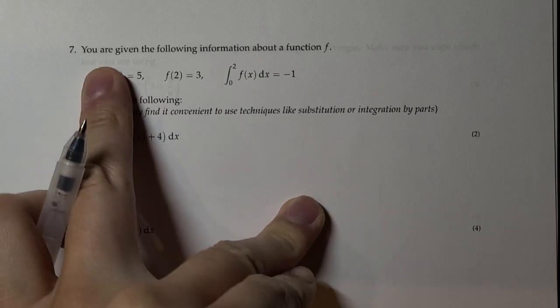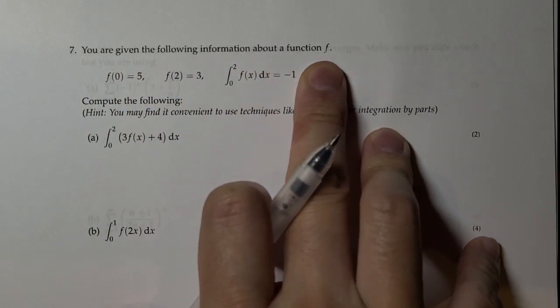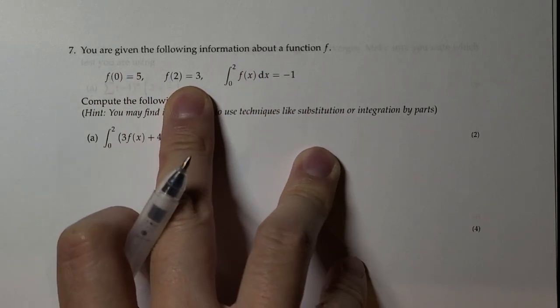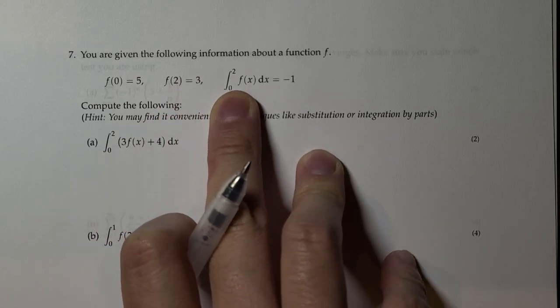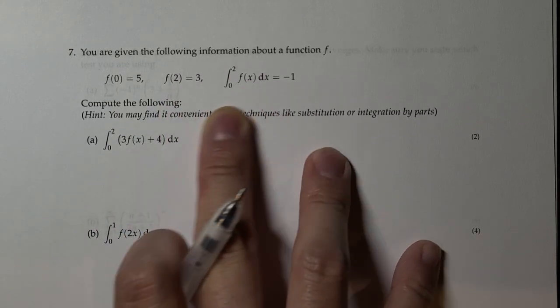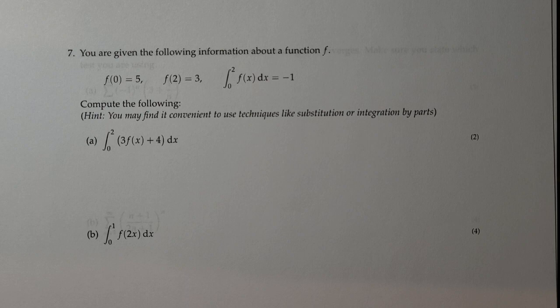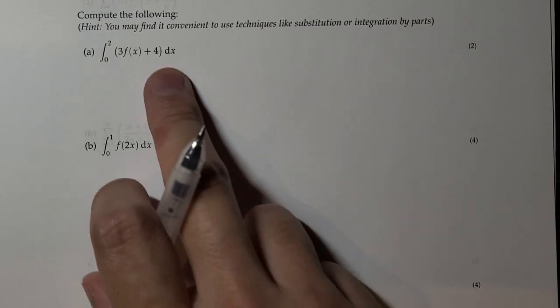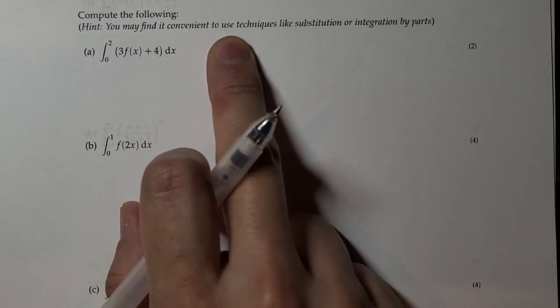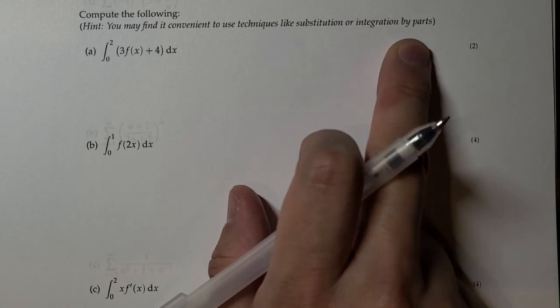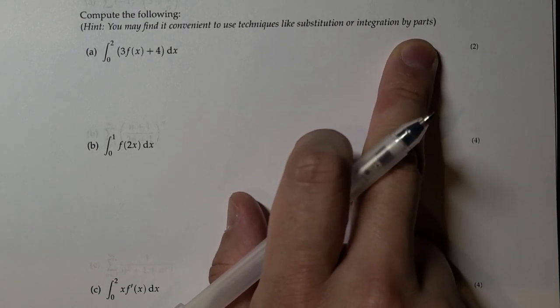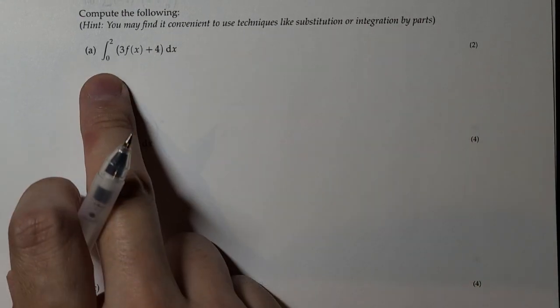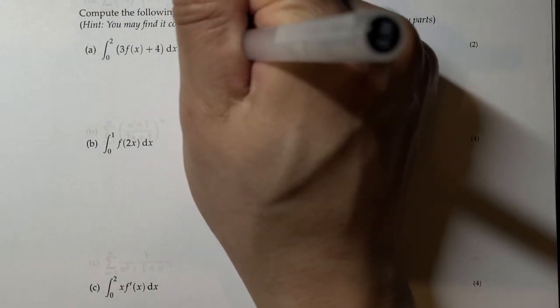Okay, you're given the following information about a function f. We have f of 0 is 5, f of 2 is 3. The integral from 0 to 2 of f of x dx is minus 1. Compute these guys over here. Hence, you may find it convenient to use techniques like substitution or integration by parts. This first one, let's rewrite it as